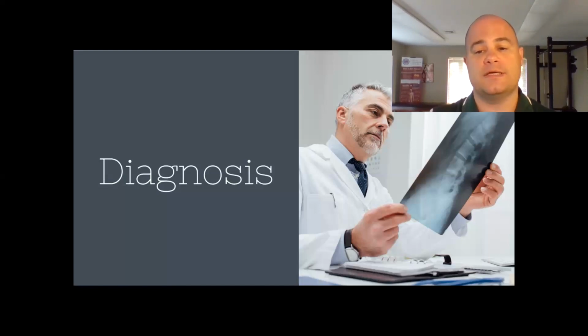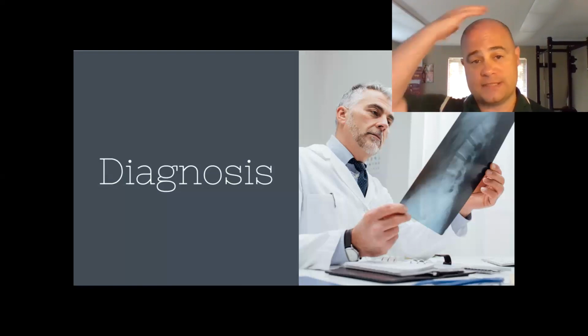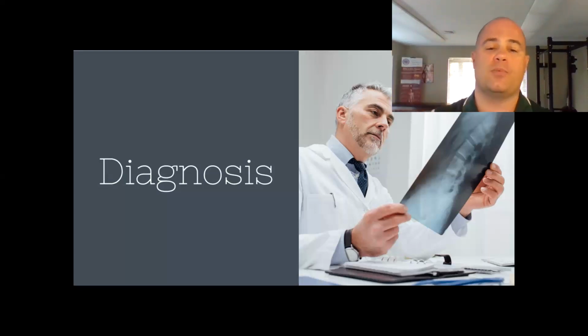And again, the exam will start, you'll do postural exams. You'll take a look at tightness and tenderness that happens. You can test the mobility of the neck. There's certain things where you can do orthopedic testing where you can push in different areas in order to put pressure in different areas of the neck. So there's other things that are associated with that. You also need to do reflexes, test the muscle strength, test for sensation. Sometimes, depending on the issues and how long it's been going on, somebody might need to get an EMG or an NCV, which is a specific type of test that shows whether or not the nerves are working correctly. And then sometimes fractures are suspected or there's other neurological issues.